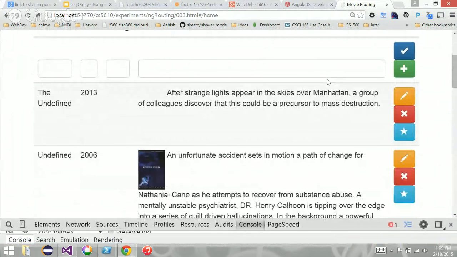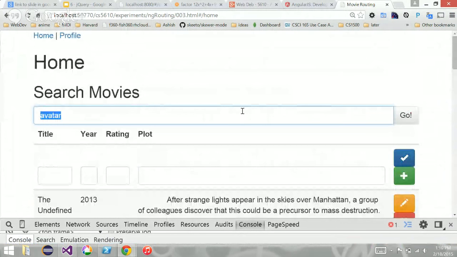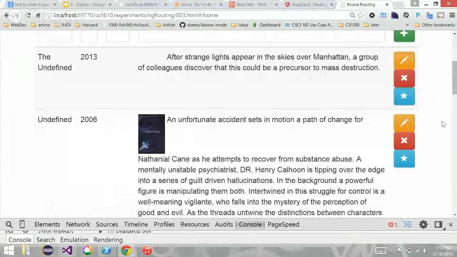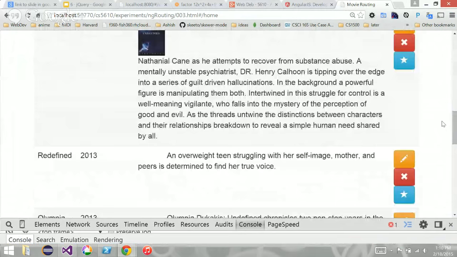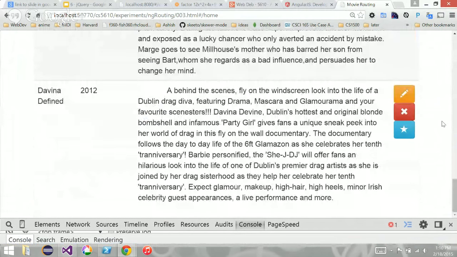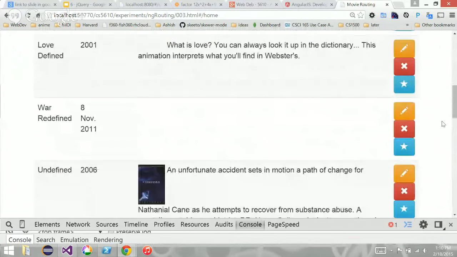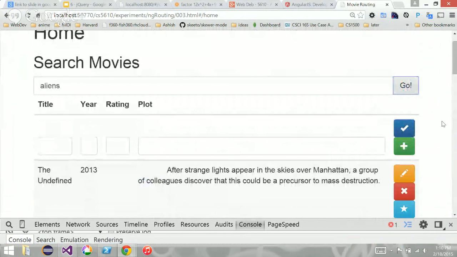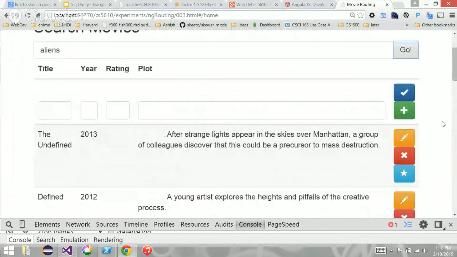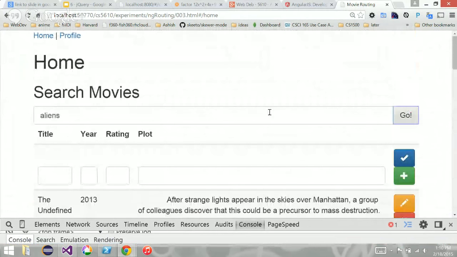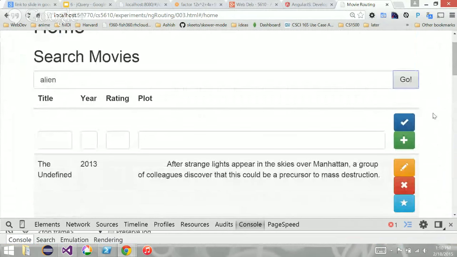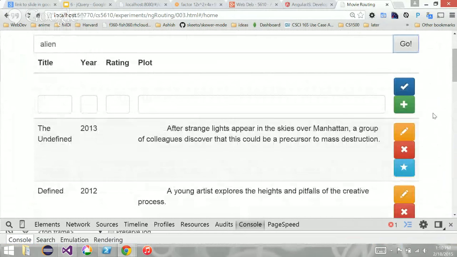All right, so it looks like it's working. So we have aliens. Wait, was that aliens? Aliens, the undefined. After strange lights, and so on. I guess so. Oh, no, alien. Yes? No?